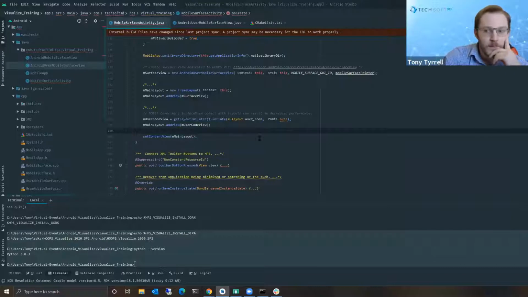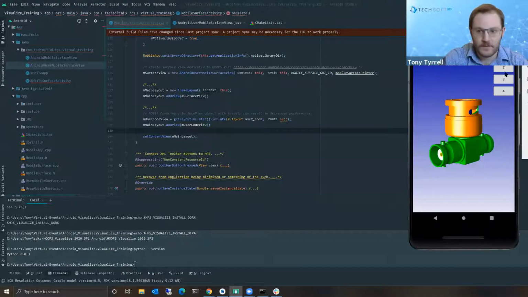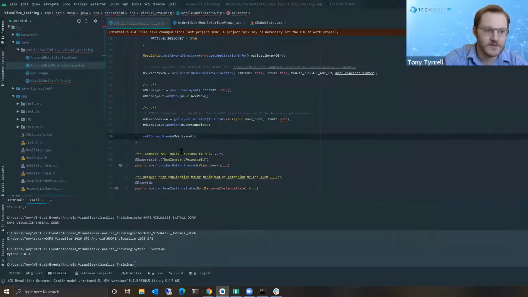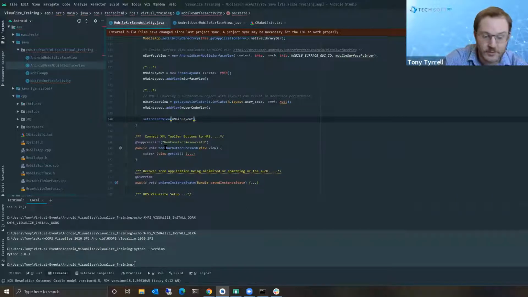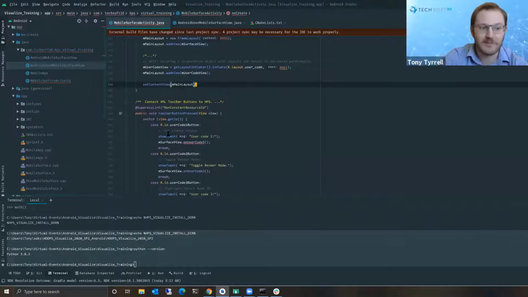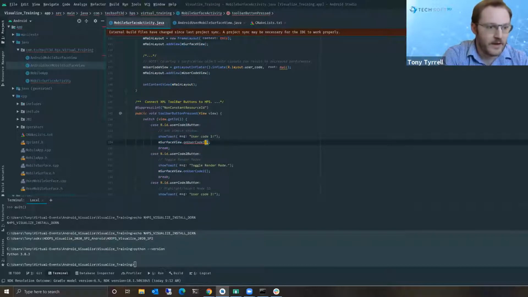So we have these buttons here on the right, and these buttons are what we want to invoke. This is how we're going to call our native methods. So those buttons are tied to this callback function right here, toolbar button pressed. If you go ahead and look in here, you can basically just say, hey, we get a button pressed. Which button is it? Based on that button, we want to go ahead and invoke one of these methods on our